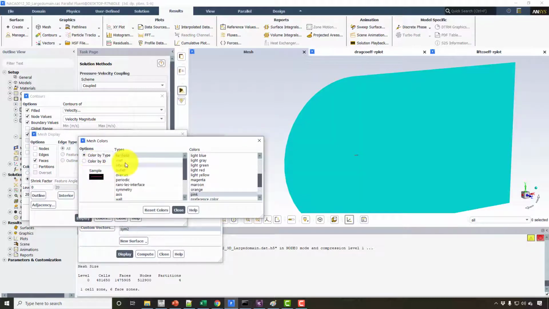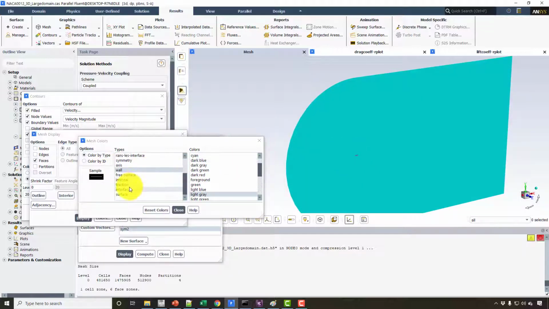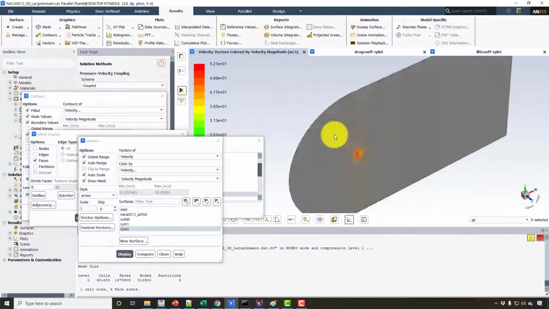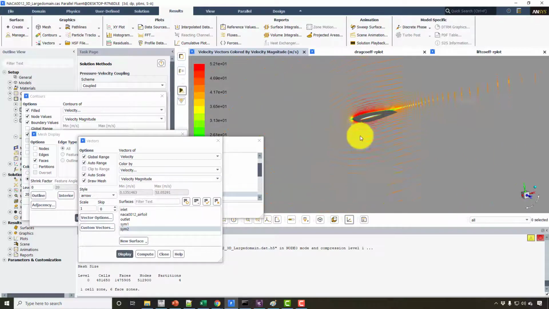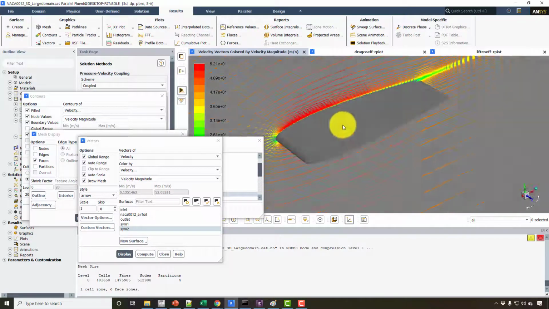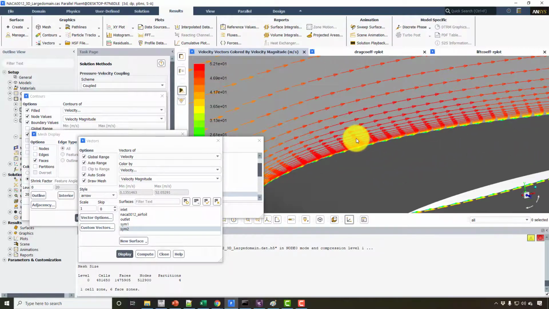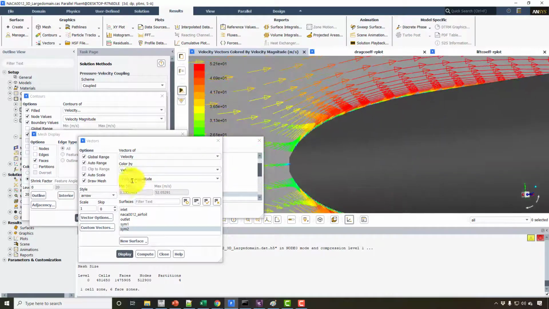And I can use the light gray color for the wall, and also for the symmetry I can change the color to the same light gray, and now display velocity vectors. So now we can superimpose the velocity vectors on the display of symmetry and this aerofoil, and you can see the development of the boundary layer here.